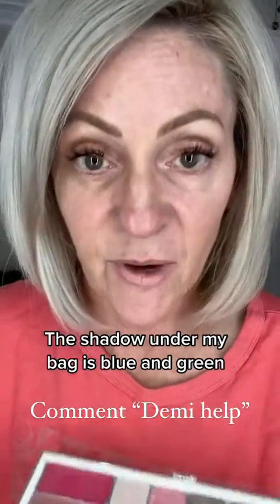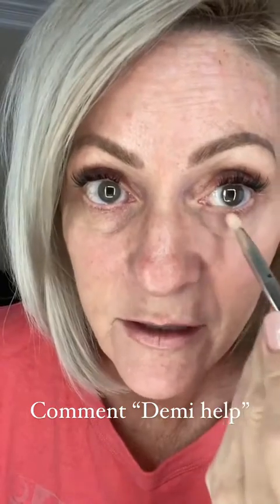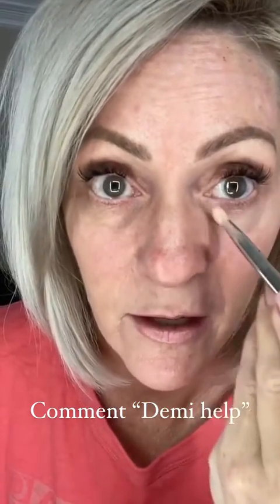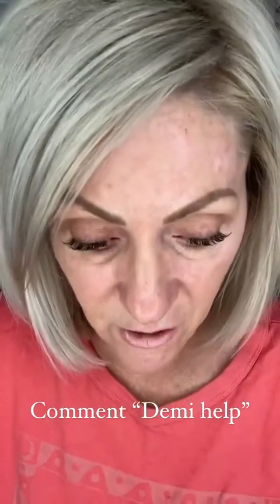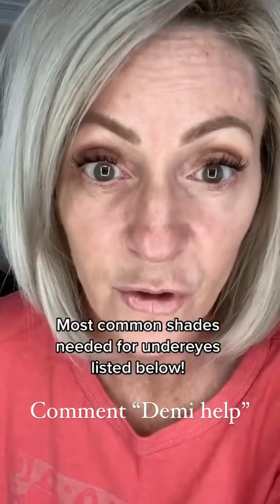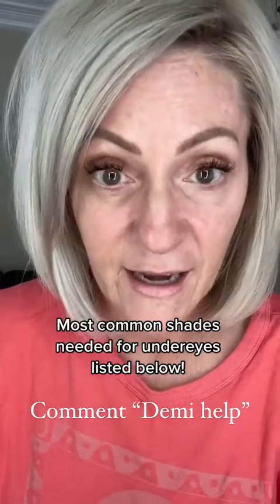So I'm actually going to go in and take a color right here. It's called 03. And I'm going to go in and just very lightly put it color to color, and you're gonna automatically start to see things lighten up. Now, many of you think you're gonna need lots and lots of concealer to take care of these under eye darkness things. You don't. You just have to use some color science to actually take care of the difference in